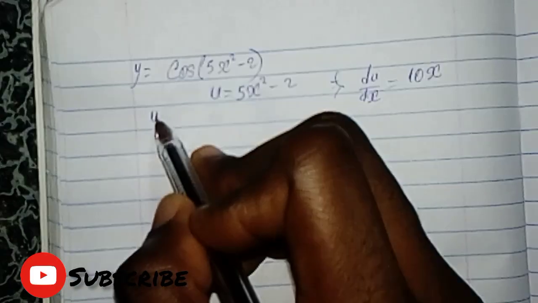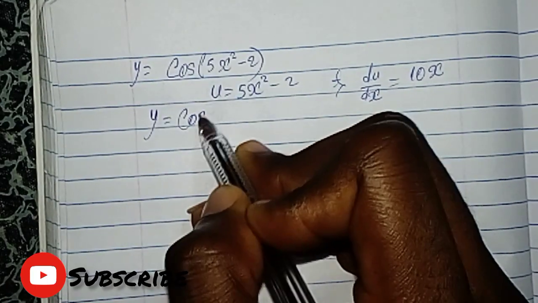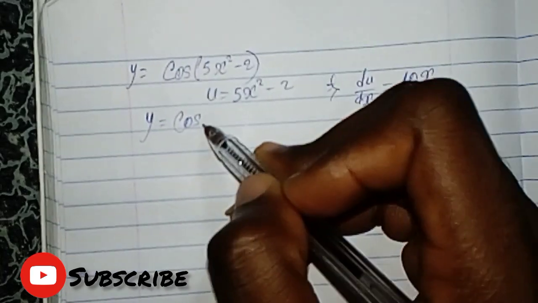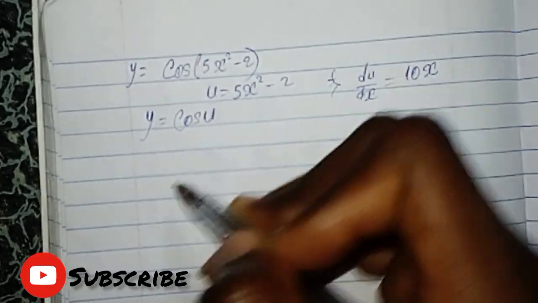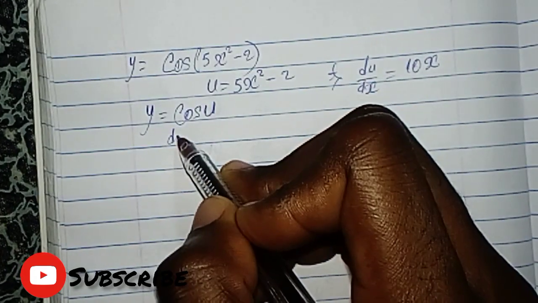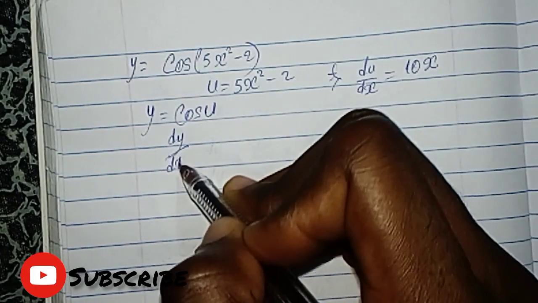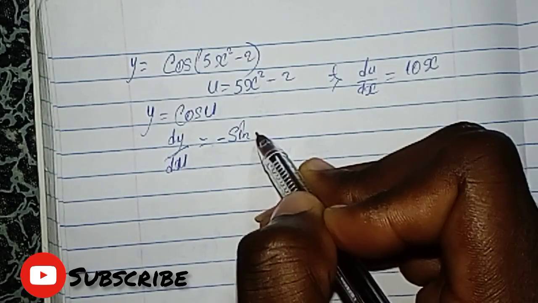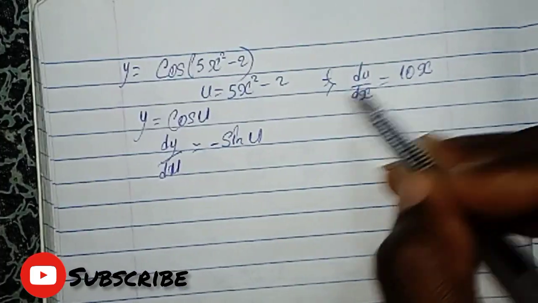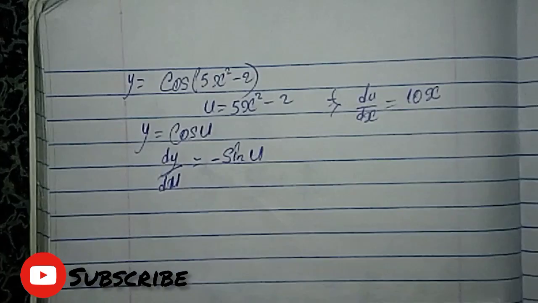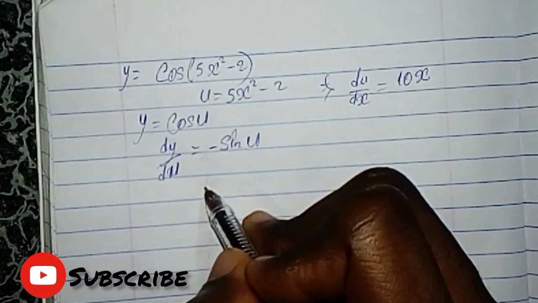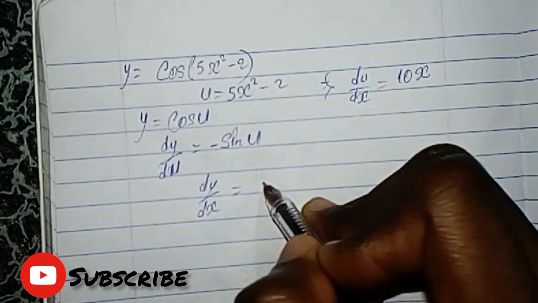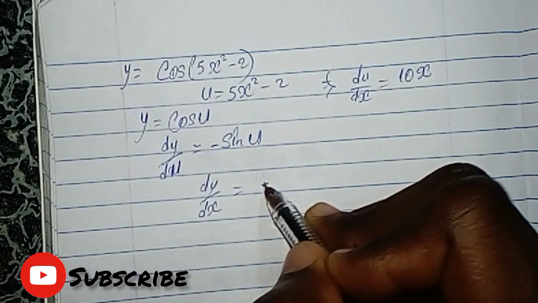From there you say y equals cos. Now this is no longer 5x squared minus 2, for now we change it to u, and differentiating this, we have dy/du equals negative sine u. So now we multiply them together so as to get our dy/dx, that is to say dy/dx equals, multiplying this with this, you get negative